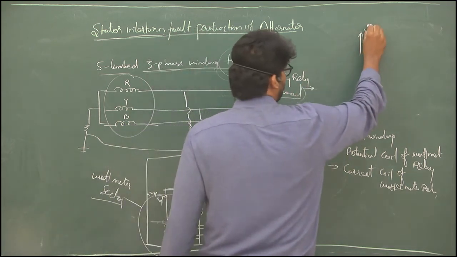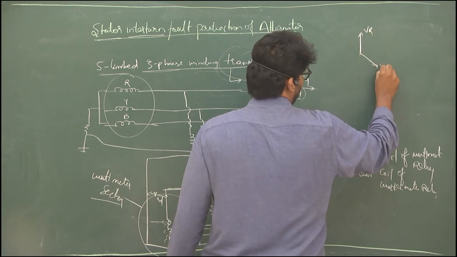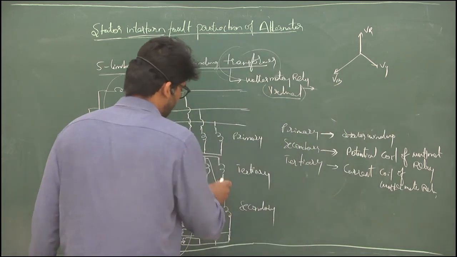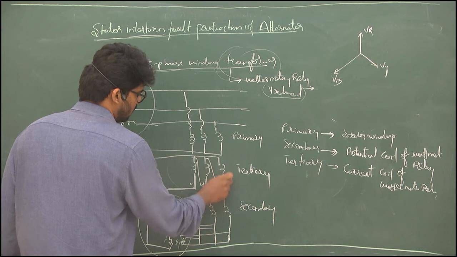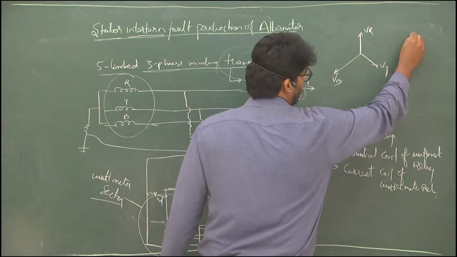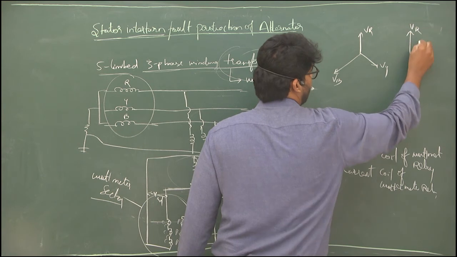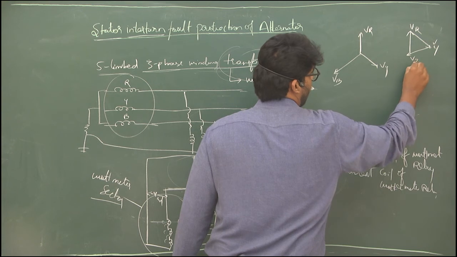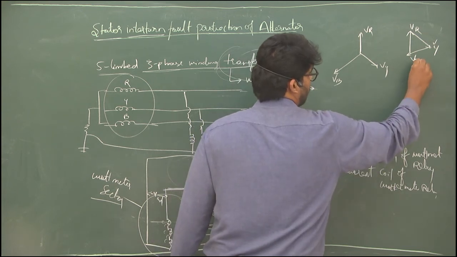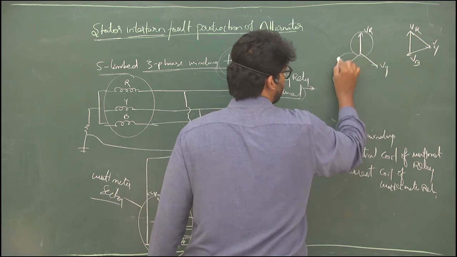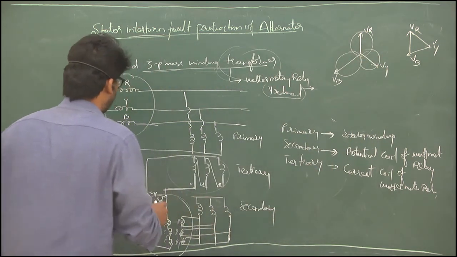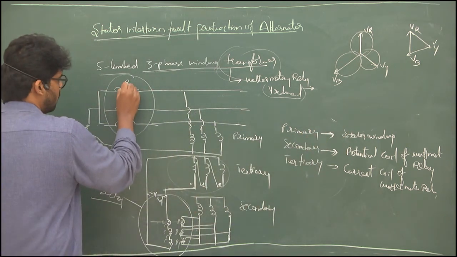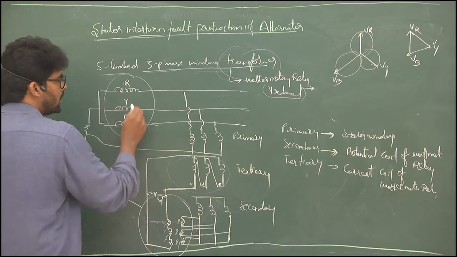Let us say VR, Vy and VB. And now the tertiary output which you are getting will be in the delta form, VR, Vy and VB. Whatever voltage is produced under normal condition is equal, that means no fault has occurred. If a fault occurs, there is a voltage drop in the individual phase. If no fault occurs, there is no voltage drop.